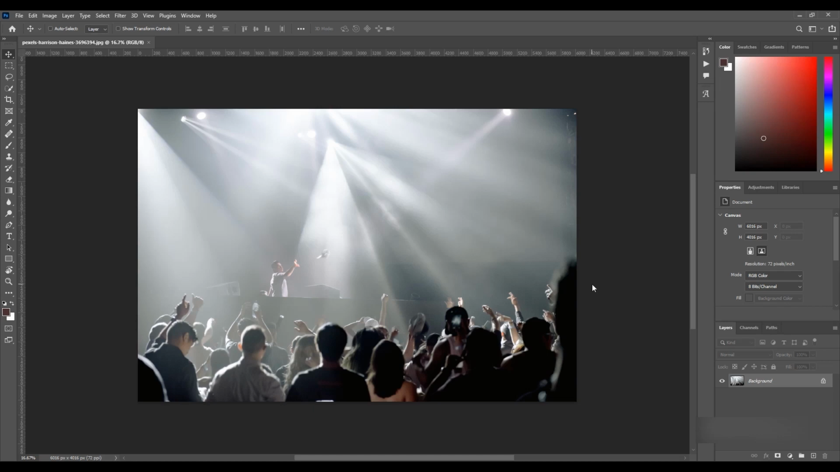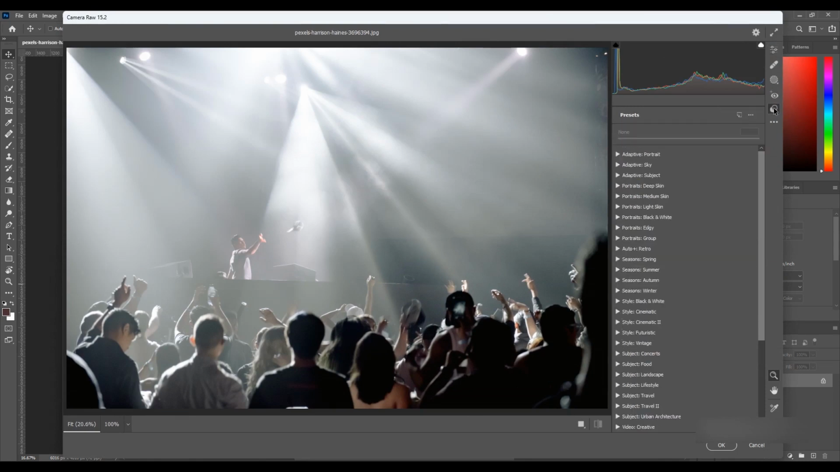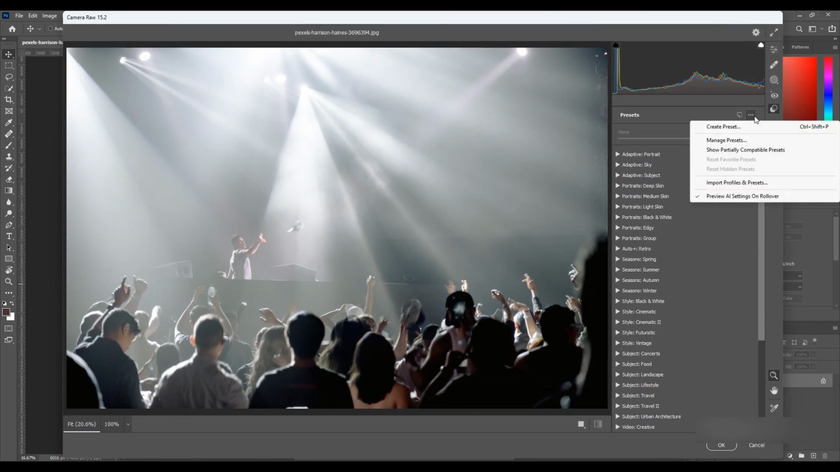Open Adobe Camera Raw by launching Photoshop and selecting File, Open in Camera Raw, or by using the shortcut Ctrl+Shift+A, Command-Shift+A on Mac. In Adobe Camera Raw, click on the Presets tab located on the right-hand side of the interface. At the top right corner of the Presets panel, click on the three-dot menu icon and choose Import Profiles Presets